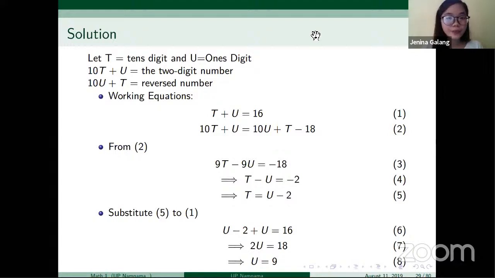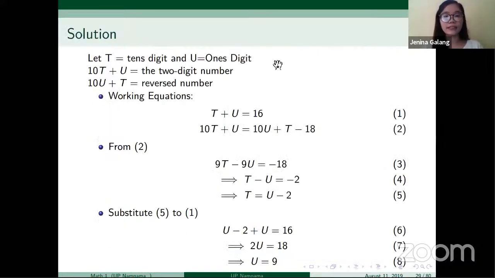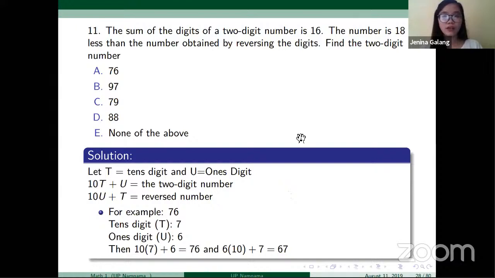So next, we have here the working equations. T plus u equals 16. So sinabi natin kanina na yung sum of the digits ng number natin is 16. And we have another equation. The number is 18. So yung mismong number natin, which is 10t plus u